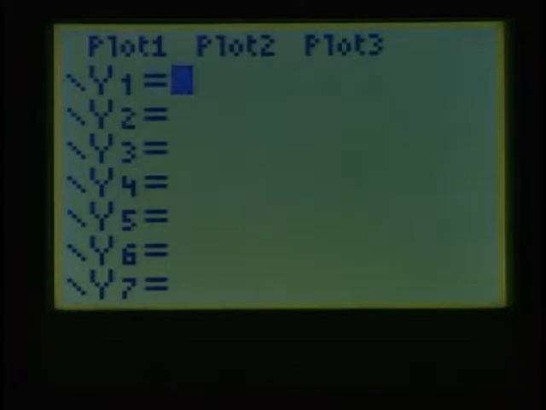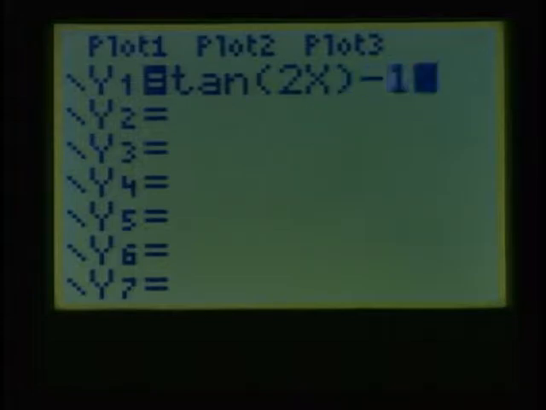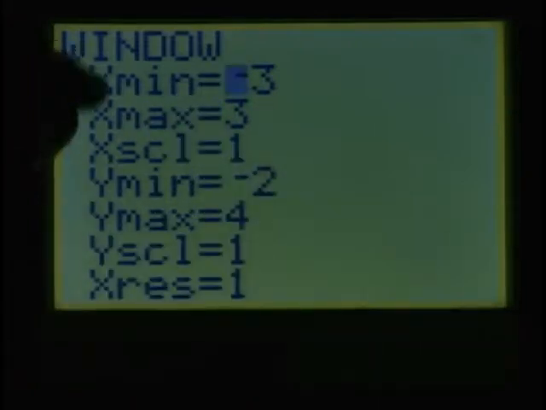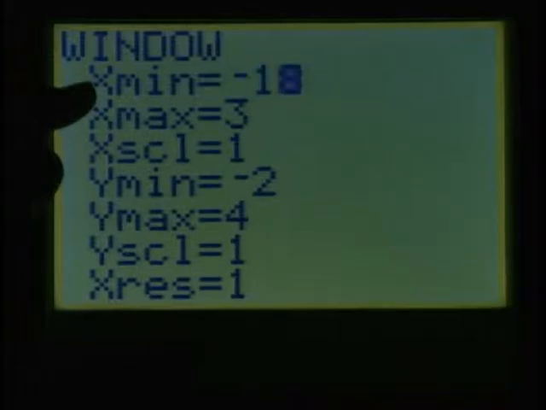If I quit, one way of doing this is I could put the function in here, which says that the tangent of 2x minus 1 is the equation, and we're looking for the x-intercepts of this, are we not? So why don't I set a window based in degree measure now? X is our degree measure. Let's go from, say, minus 90 degrees to, let's say, 180 degrees, and let's put tick marks every,